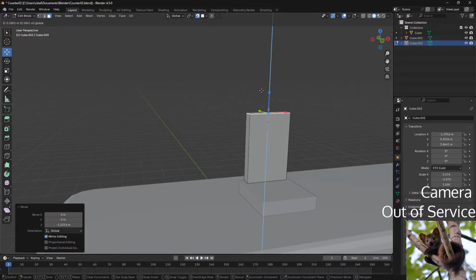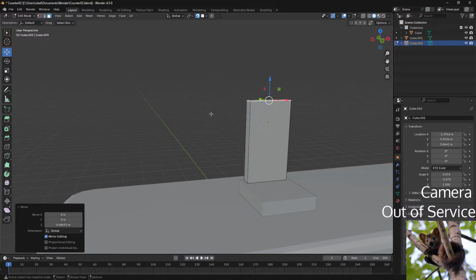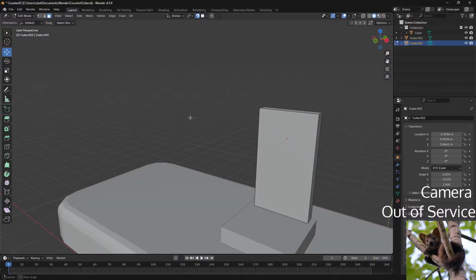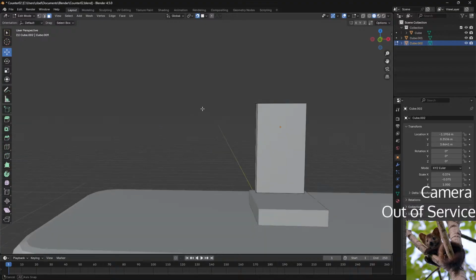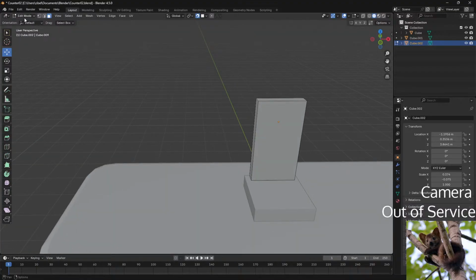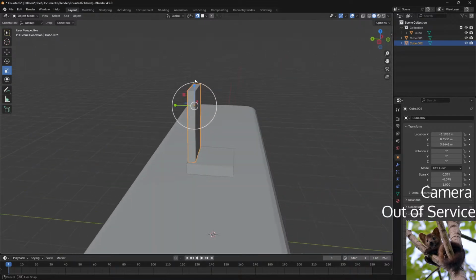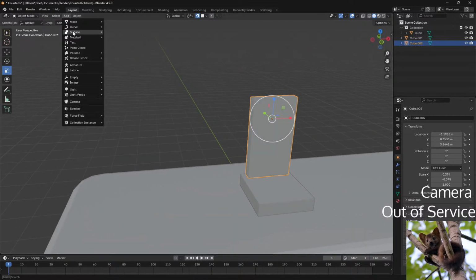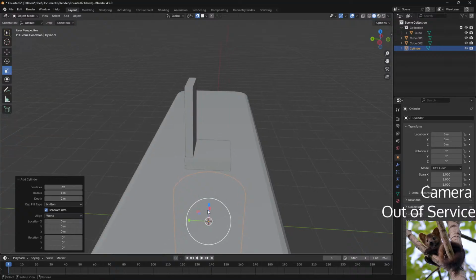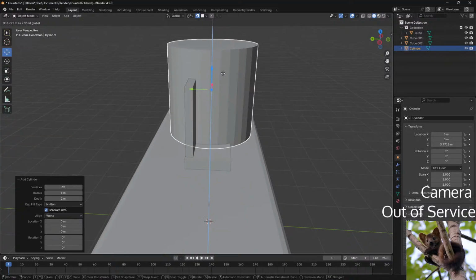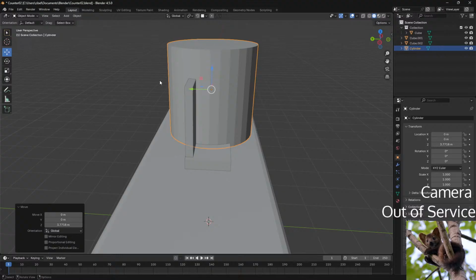It's actually meant to be high. What if I add a cylinder? There's nothing yet.